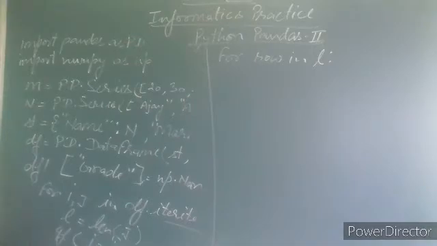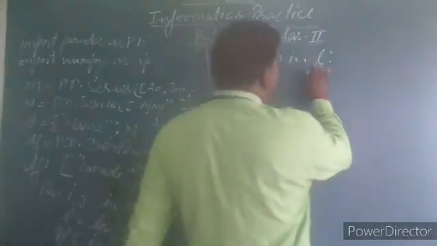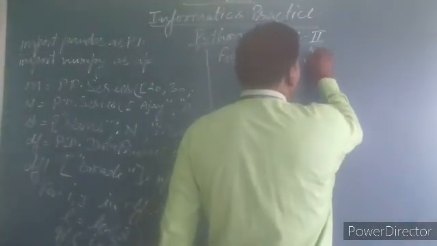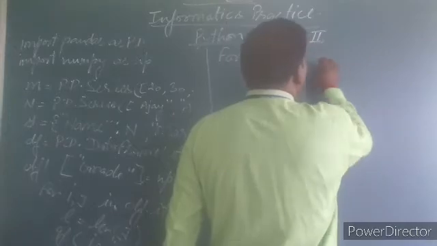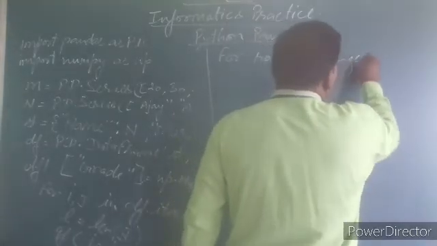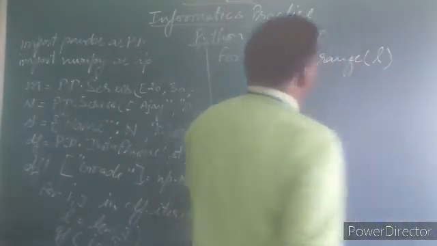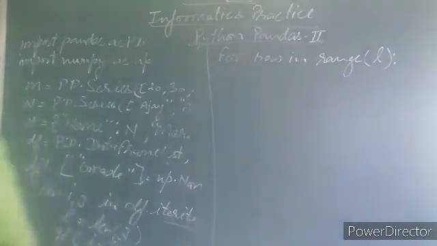So it can be workable up to length. So here if you are taking range, after that you can work up to length. So one more thing I want to tell you, that according to this,